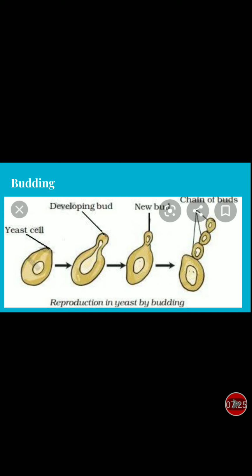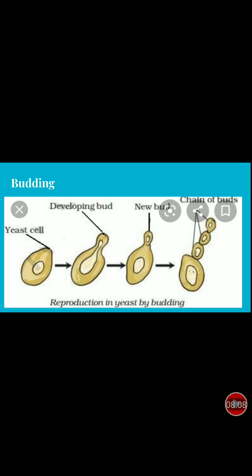Vegetative buds will, in that part, the part is very active, that part can give the new plant. Vegetative buds can also give rise to the new plants. Now you can see our stem potato which you eat, which you are having in the kitchen. You can ask your mummy that if you keep it for some time, the small white colored part will come. They are called the eyes of the potato plant. So this part, if you cut and put in water soil, once again you are going to get the new plant. The soil should be kept wet.